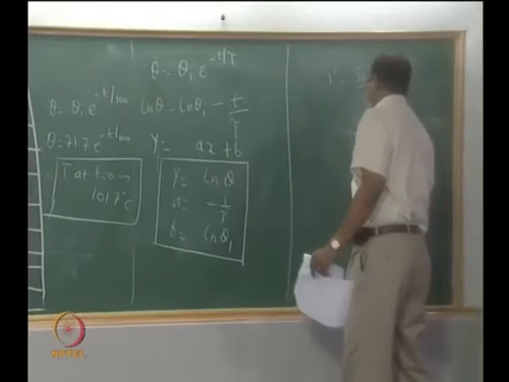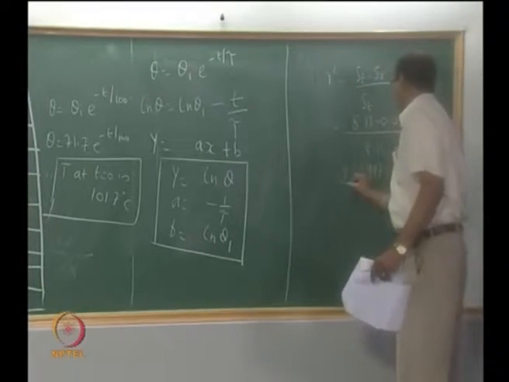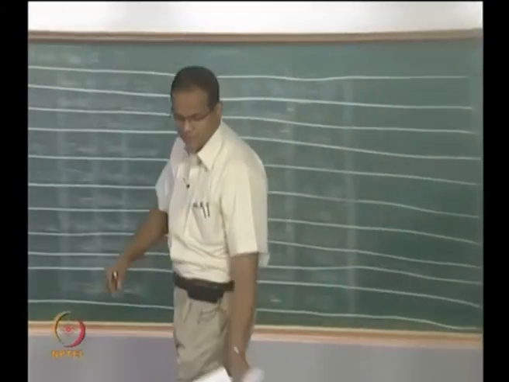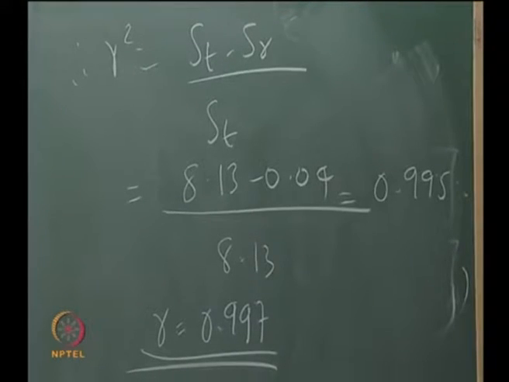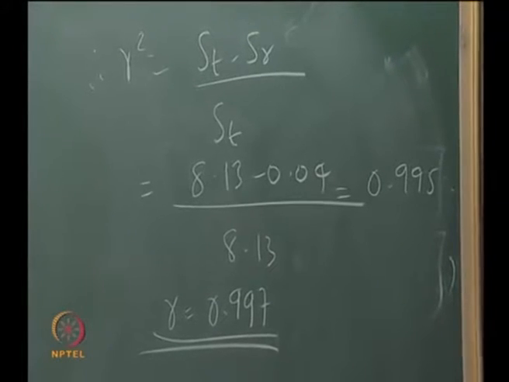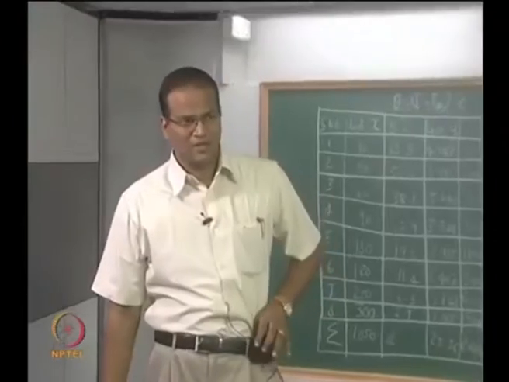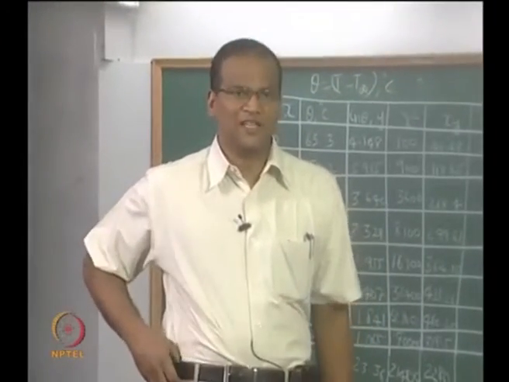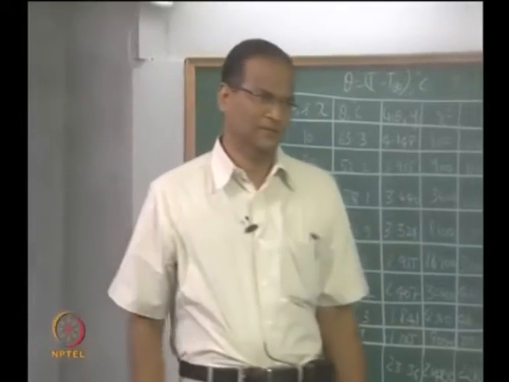R is a very terrific correlation. The correlation coefficient is very high, it's very good. So it is a very accurate representation of the data. That means if you are able to regress the data, if you propose that the data can be represented as e to the power of minus t by tau, then 99.7% of the variance in the data can be explained by proposing this curve.